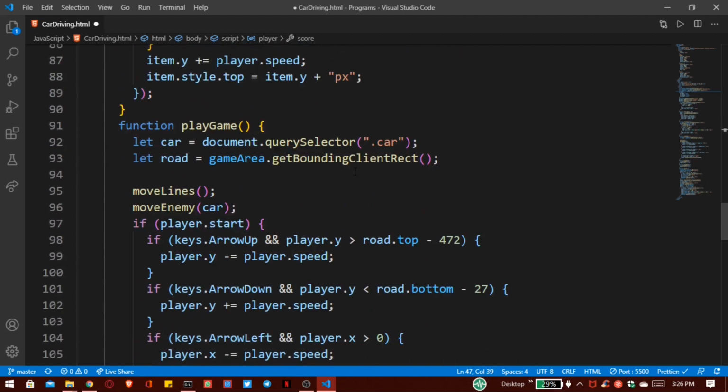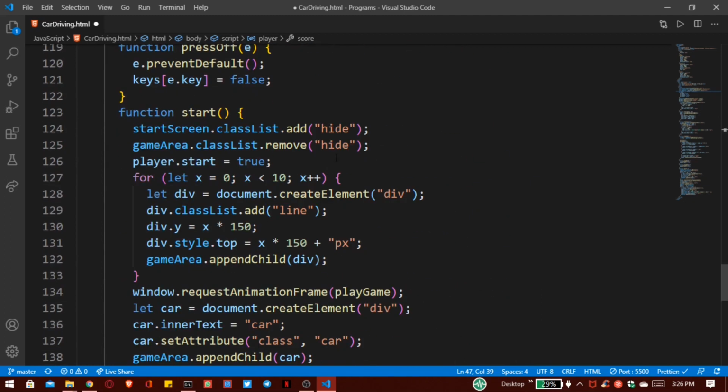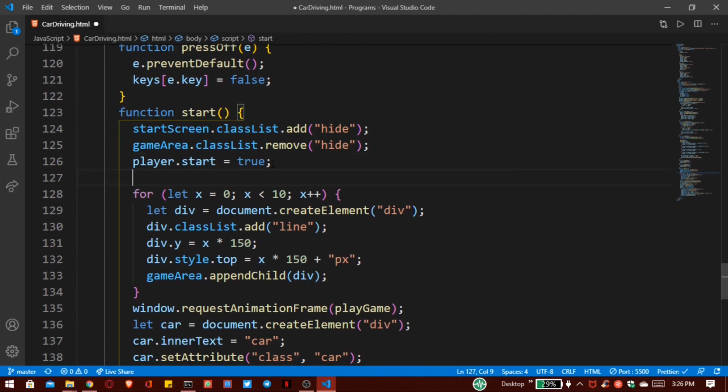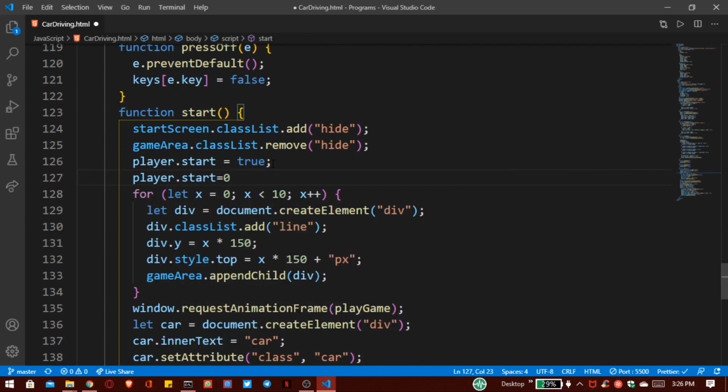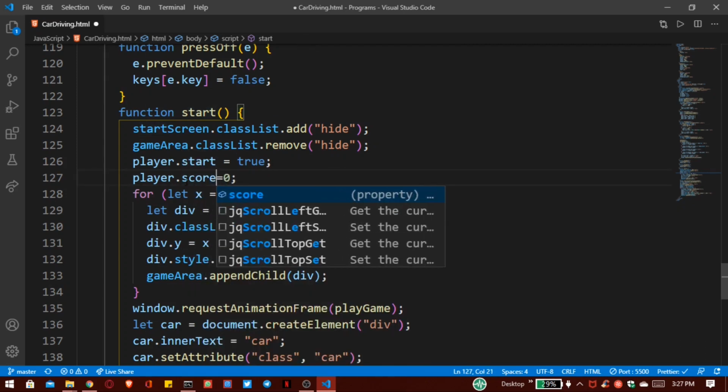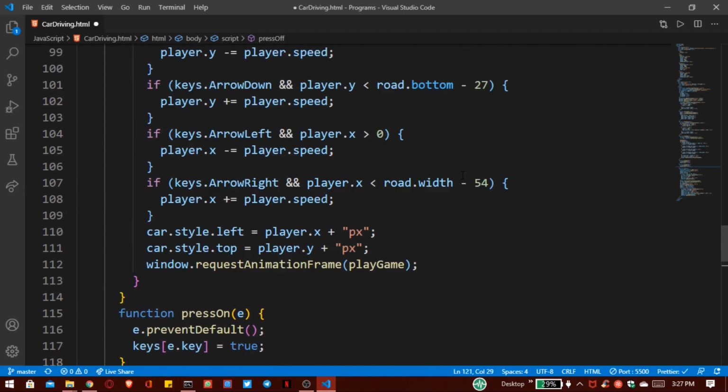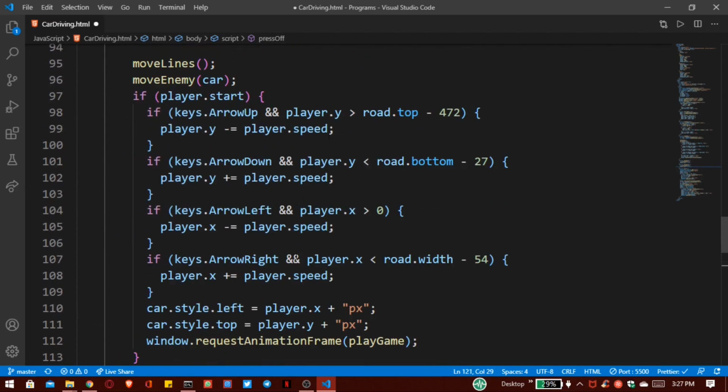And inside our start function, if player.start is equal to true, then we have to increase that score functionality. So now we have to go inside this if player.start.